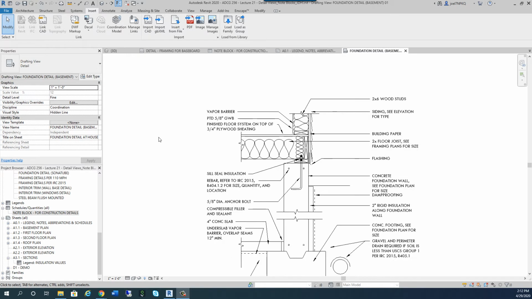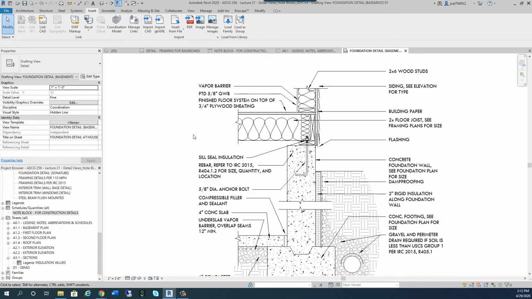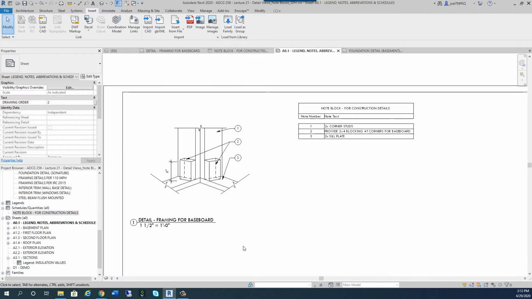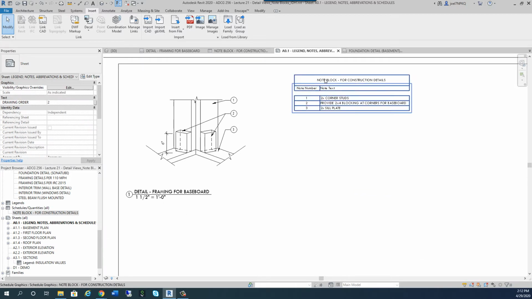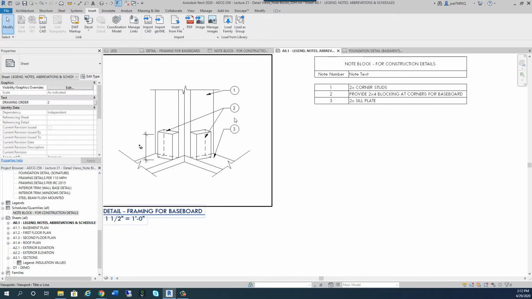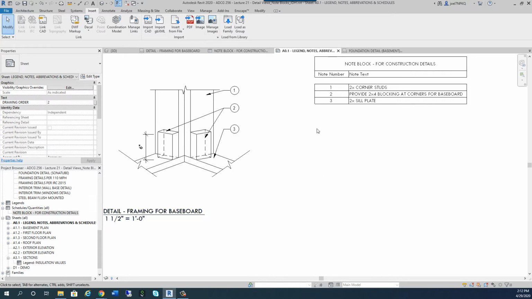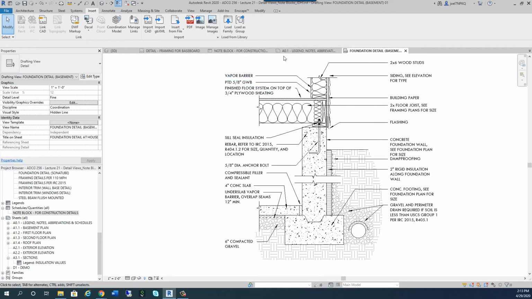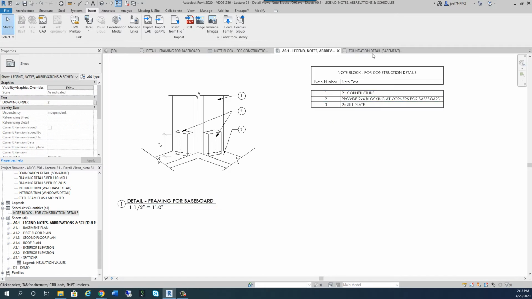All right, so here we go. We want to create a note block for this because on our detail sheet, I renamed this, and you saw where I came down and renamed this before, right? I renamed it note block for construction details. And even though this is number 3, I want to start moving on to another number in this other detail. In this one, I want to start on number 4 so I can add a note for number 4,